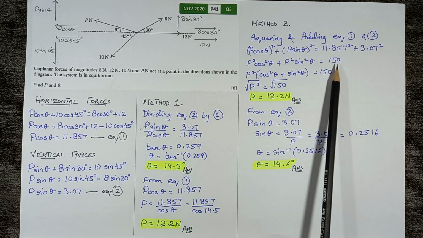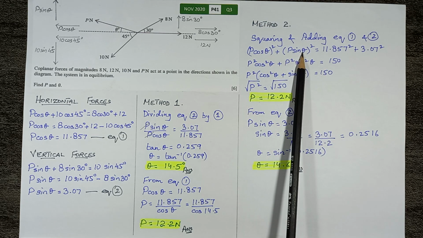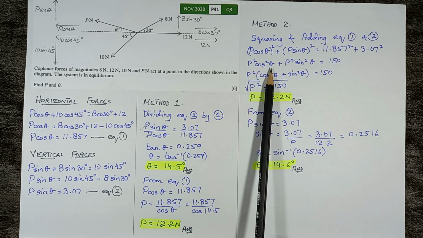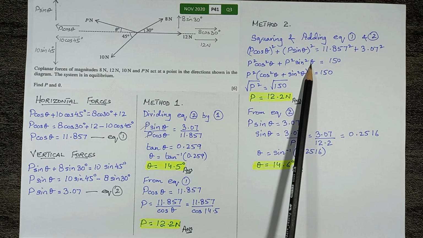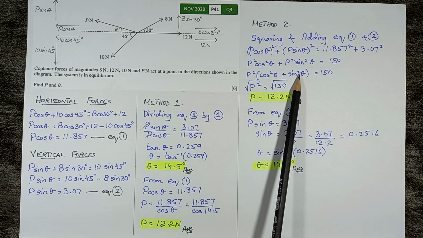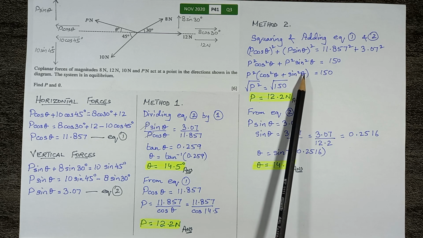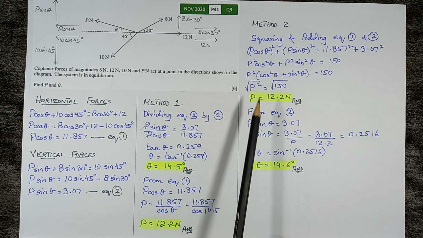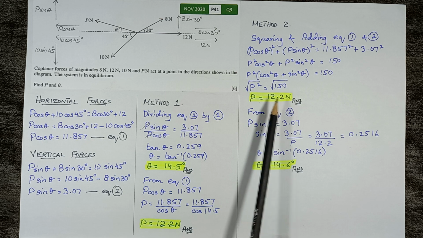After simplifying this, we have 150. Opening up the bracket, we have P square cos square theta from here, P square sin square theta from here. Taking P square as common, we are left with cos square theta plus sin square theta, which is an identity equal to 1. We are just left with P square equal to 150, taking square root,